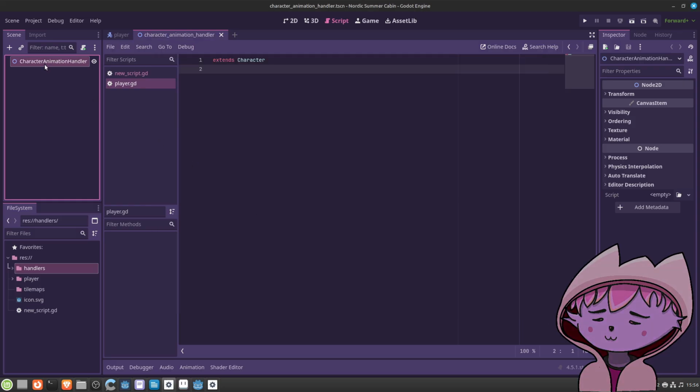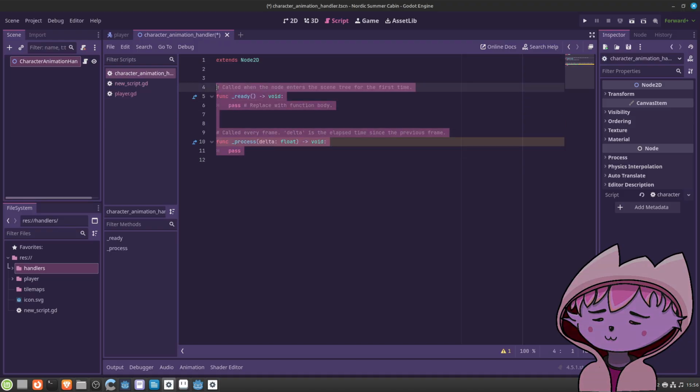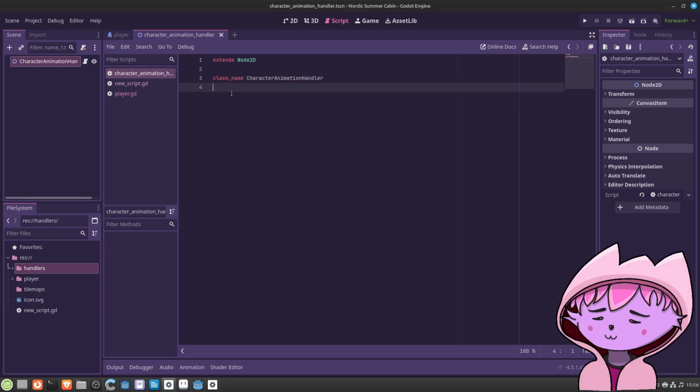It's going to go there. We're going to attach a script that goes there as well. It's Node2D, and the class name is CharacterAnimationHandler. All right.